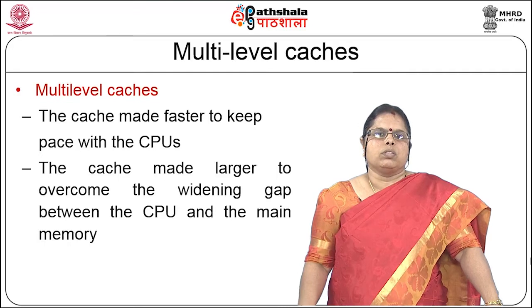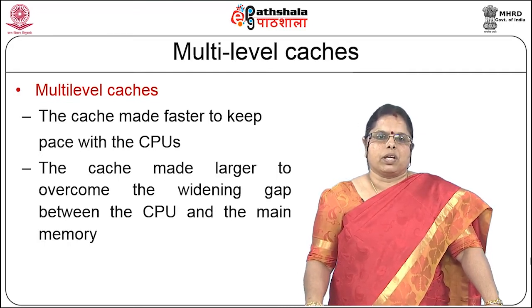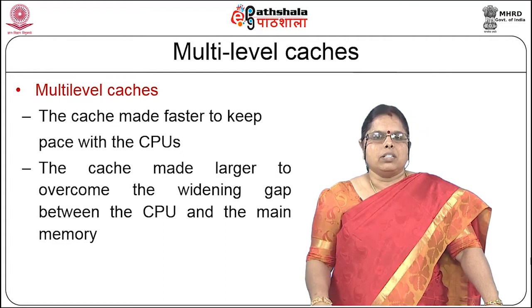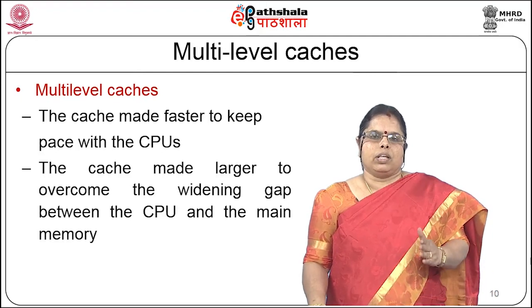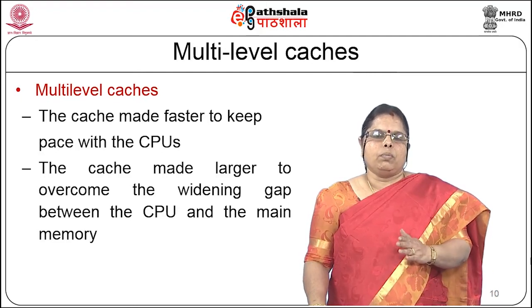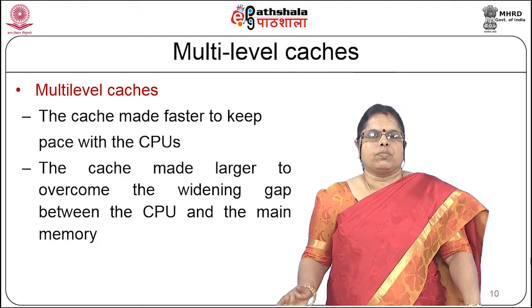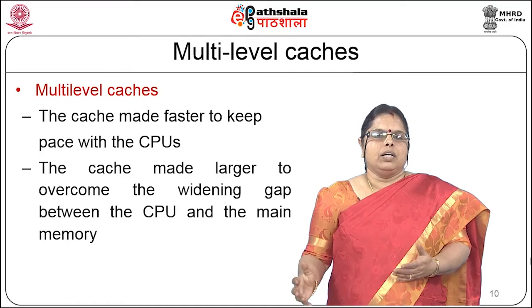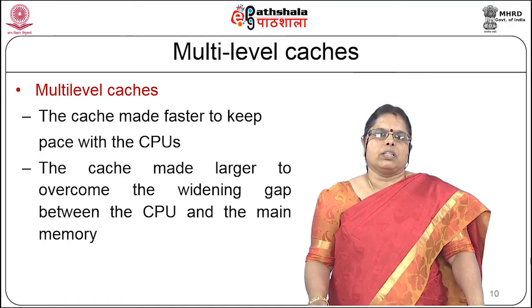Now, the same concept of memory hierarchy is going to hold good even if you look at multiple levels of caches. When you look at multiple level caches, you are trying to look at the innermost level of cache, or the level 1 cache, which is going to be fast enough to keep pace with the processor, and the other levels of caches are going to be increasingly higher in size, which are going to look at satisfying the capacity requirements of the processor.